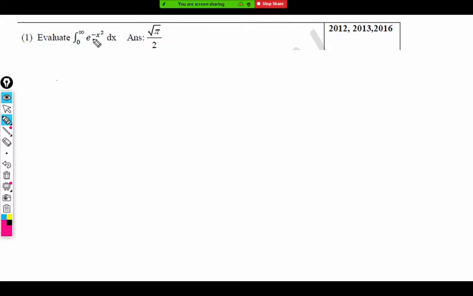So it should be a substitution now to convert it into the definition. What should it be? x square is equal to t, correct? Remember, the definition of gamma is like this. I will write it somewhere here. Gamma n is integral 0 to infinity e raised to minus x, x raised to n minus 1 dx. So the requirement is that e is raised to only a linear term with a negative power.